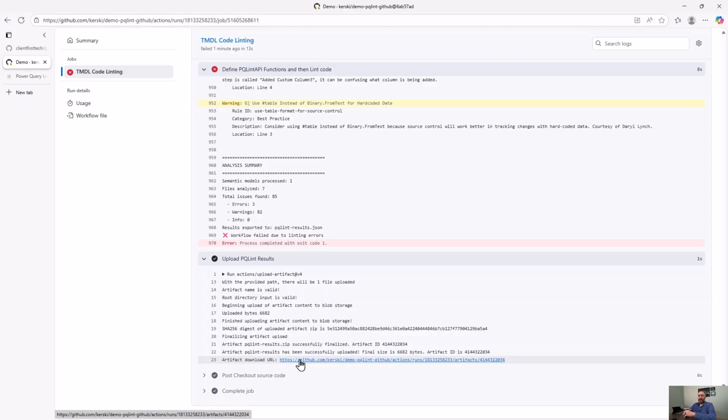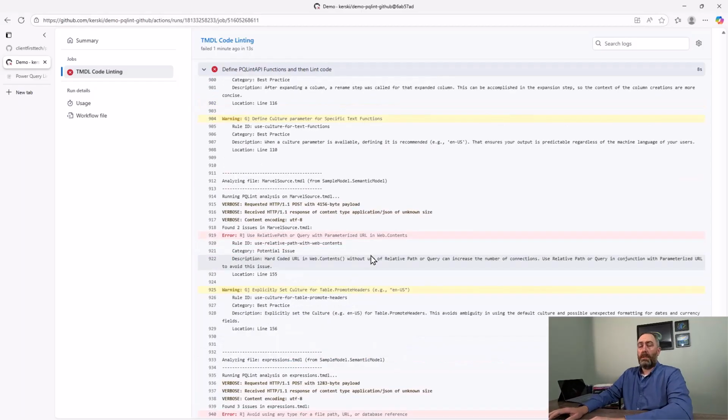Now, in other scenarios, you could actually ship that JSON file to a data lake or use the information to ship it off to an Eventhouse and be able to track your test results with real-time analytics. But for the template, we're just going to save it to your artifacts file so you can work with it as you need to. So that's how you use GitHub Actions with the Power Query Lint